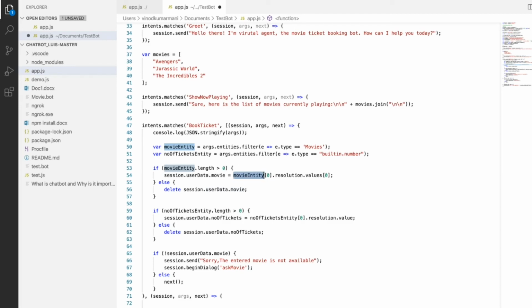Same here, if the number of tickets entity length is greater than 0, if it is not empty or null, in the sense you pass the first value of number of tickets entity into the number of tickets. And same here as well, deleting the session's user data number of tickets. And if the movie is not valid, that is, the movie is not available in our backend,